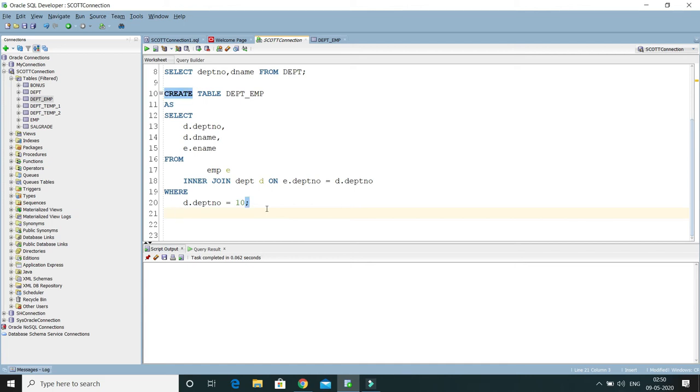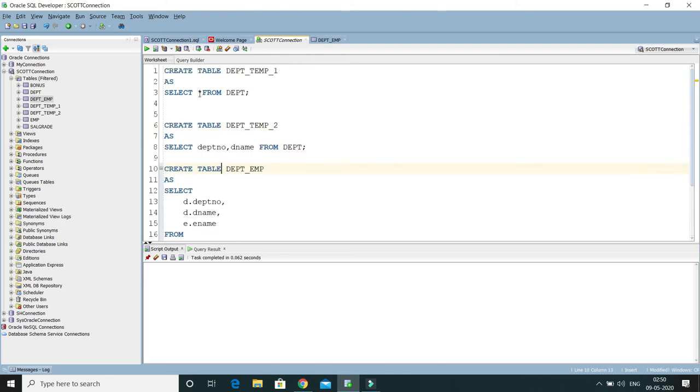Or you can create a table with the data and truncate all the records, but that requires some extra effort. But here I'll tell you one shortcut way to create a table structure only without any data. So let me create one table.